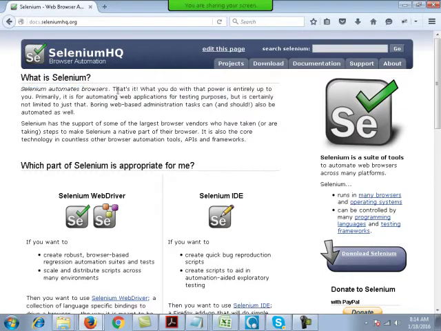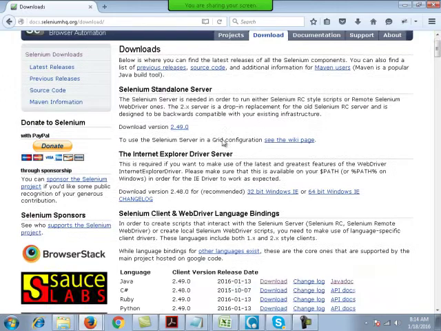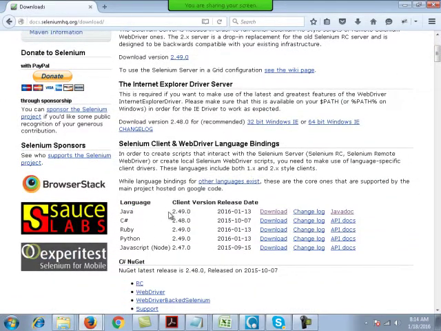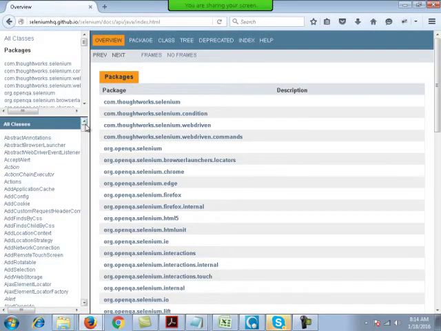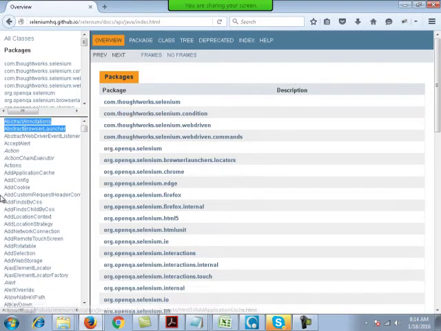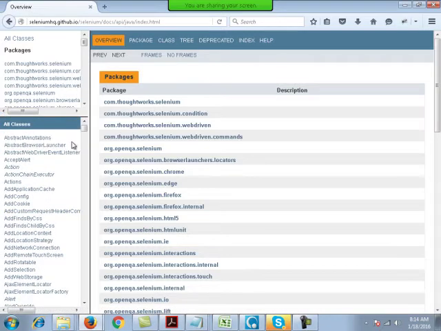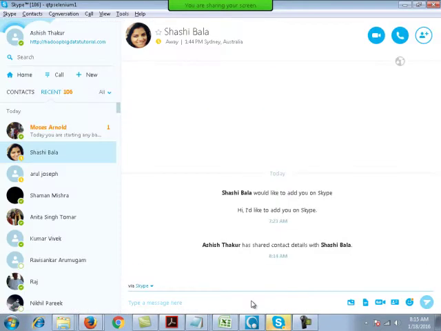If you want to learn it properly, go to the download link and you will see the Java version of Selenium. You can download it from this link, and this is the documentation, the Java doc. If you don't know object-oriented programming concepts properly, you will not be able to understand this documentation properly. So we'll first start with the basics of Java.